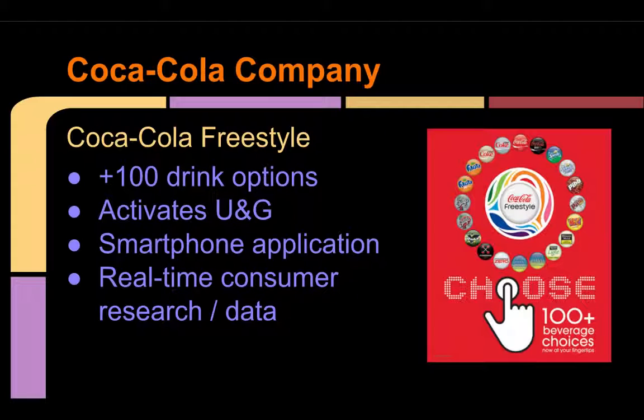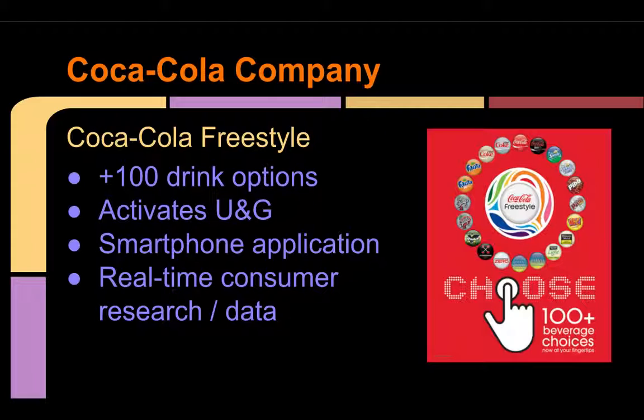Personally, my favorite is Mellow Yellow Zero Peach. You can't buy that anywhere, but I know I can walk up to a Freestyle machine and enjoy that beverage. And it has that instant gratification component to it. I touch a few buttons, I interact with the machine in a different way. It has this fancy schnazzy computer interface, and I can create a beverage that's unique to my tastes as to